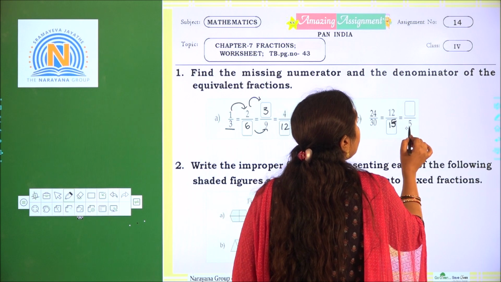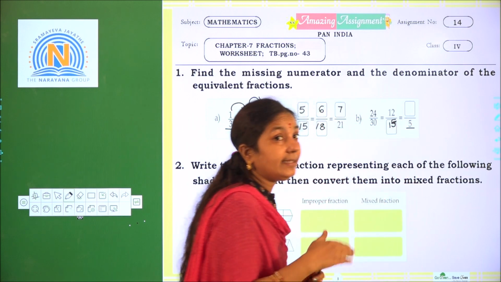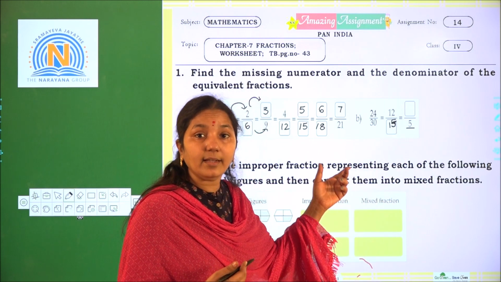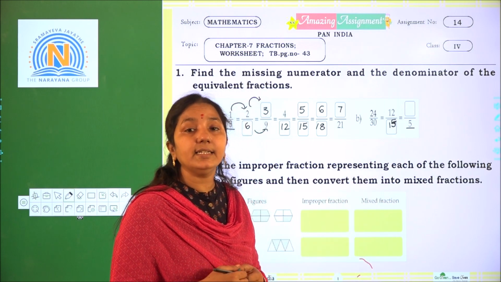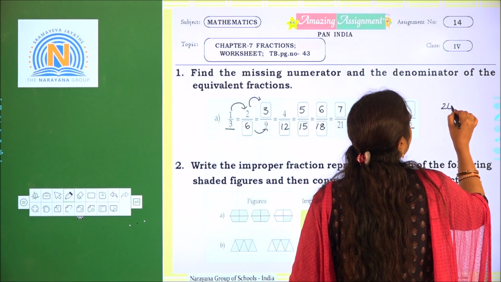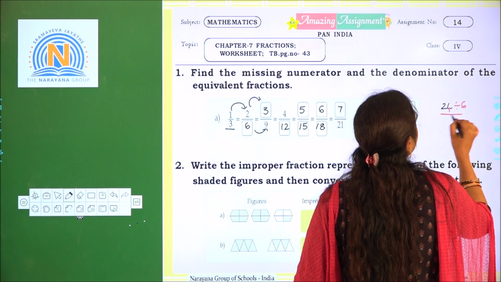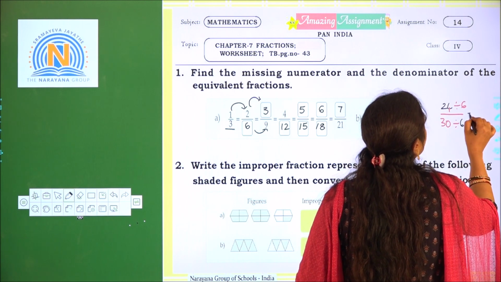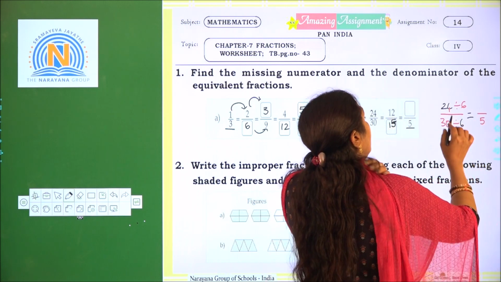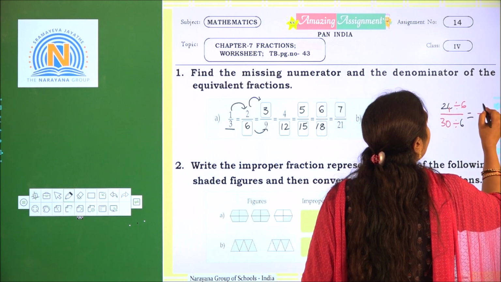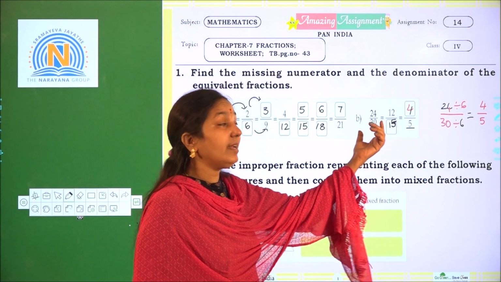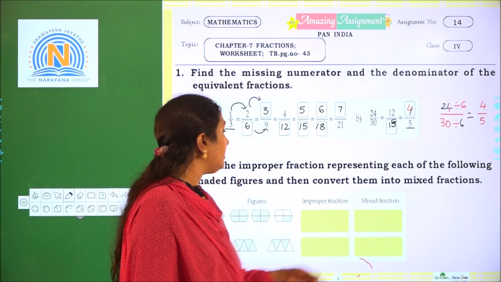Okay. Like here, 30 is decreased by how many times? Here we got 5. If we divide 30 by how many times do we get 5 as a quotient? It is nothing but 6 times. Means 24 is divided by 6 and 30 divided by 6. So here 30 divided by 6 is 5. Now 24 divided by 6 is how many, children? 4. We'll get 4. What is the missing number here? 4. Here 15.